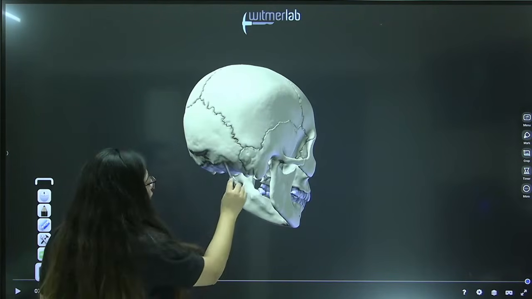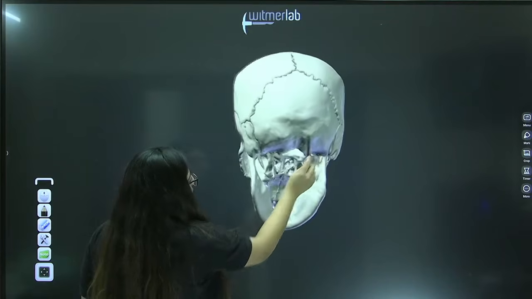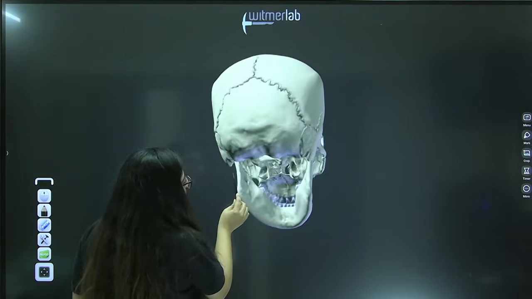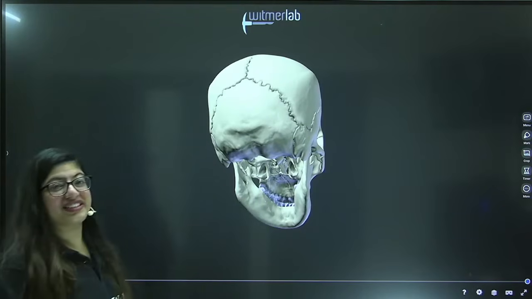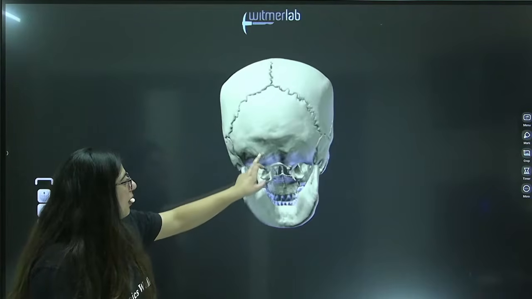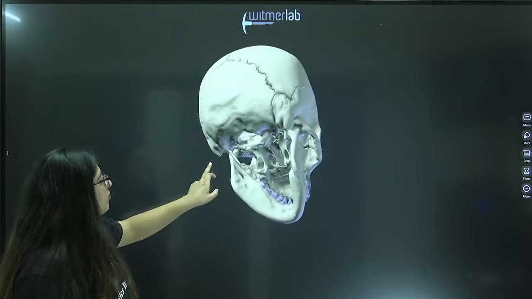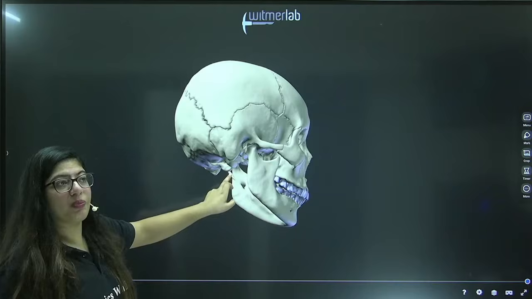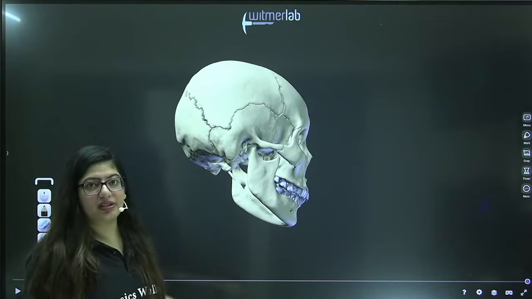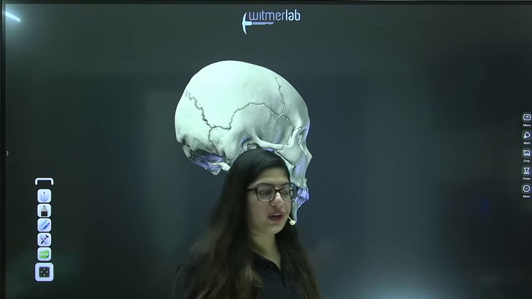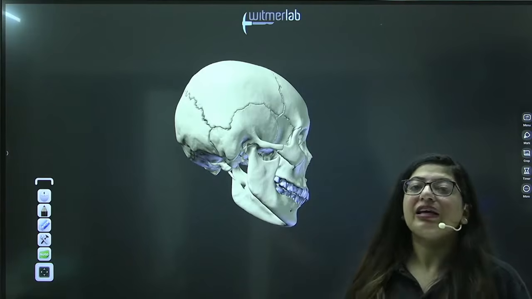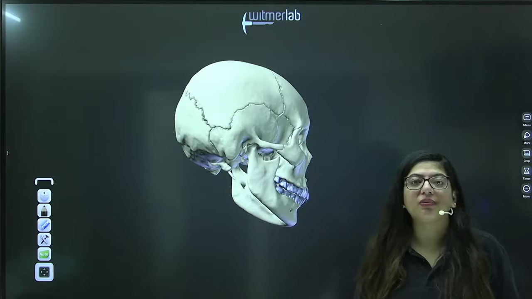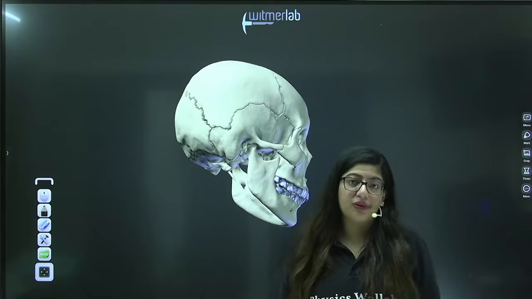Apart from this, the occipital also has these projections, these spines, if you can see. Can you see these two spines? Let me just move it a little bit like that. Yes, this is the spine. These two spines are present and they are attached to your occipital bone, and they are known as occipital condyles. They fit to the first vertebra of the vertebral column.